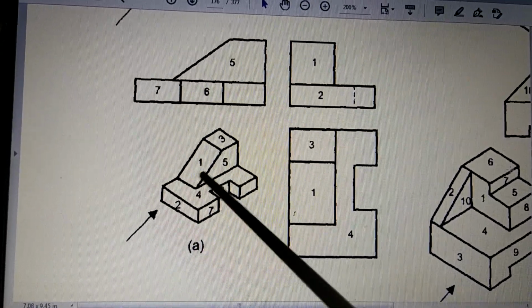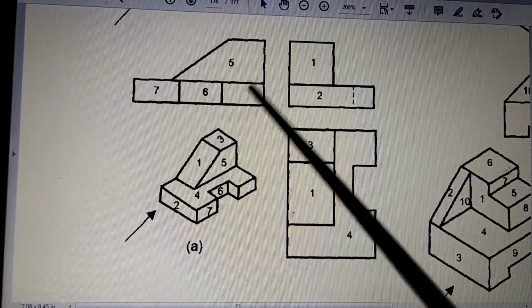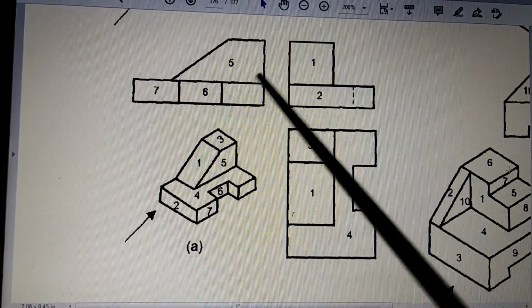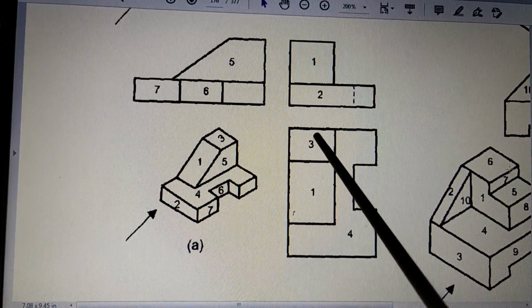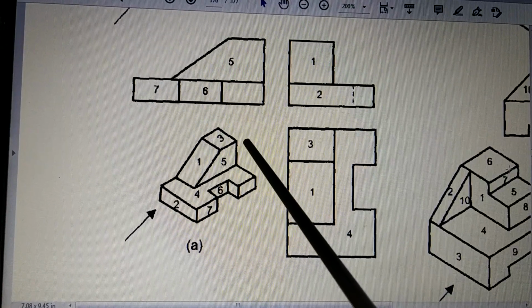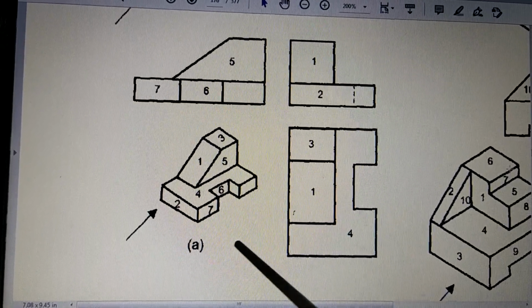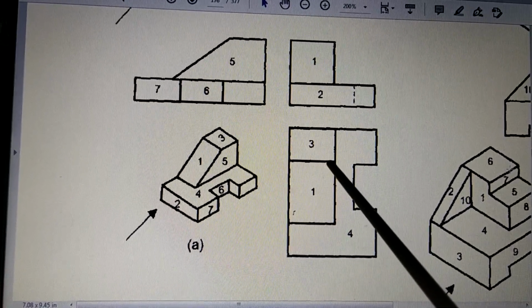Okay. Normally, what is the use of orthographic projections? In the case of orthographic projections, when these kinds of views are given, the person is in a position to imagine that the object is like this. Right now, in the exercise we are doing, the object is already given and we are drawing the orthographic views.